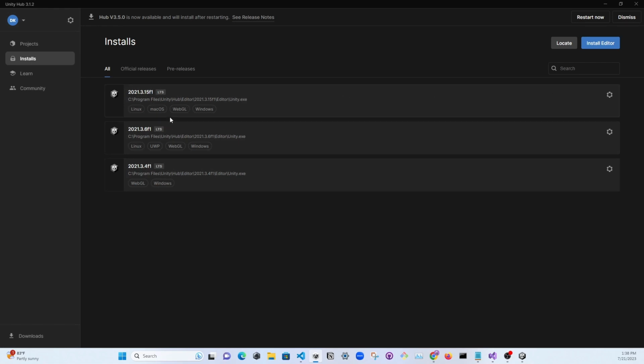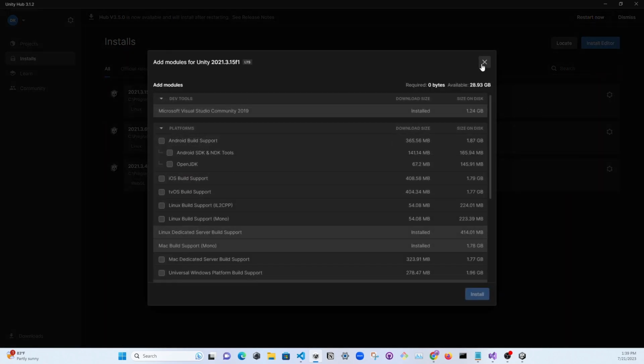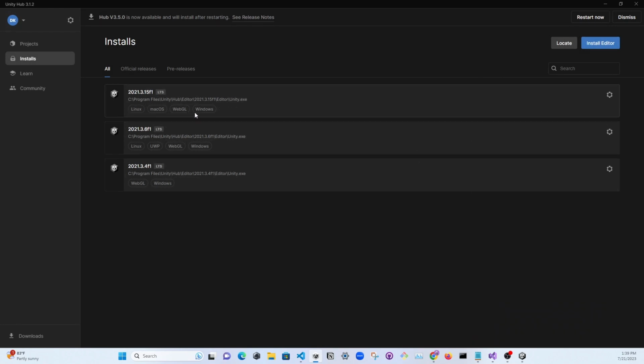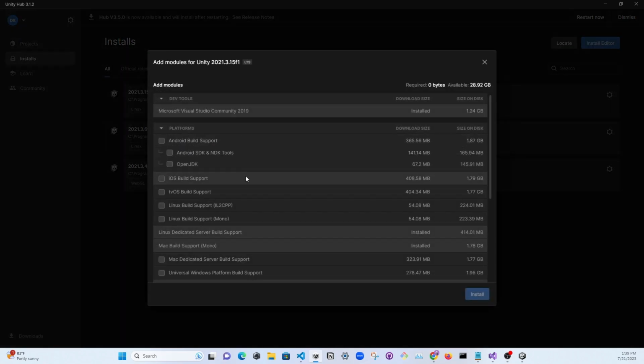I have multiple installs. This is the one I'm using now. You want to click the gear option, then click Add Modules. Right here you'll see all the modules that you have added currently: Linux, Mac OS, WebGL, Windows. It might be different for you. So let's go to Add Modules, and you're going to want to select